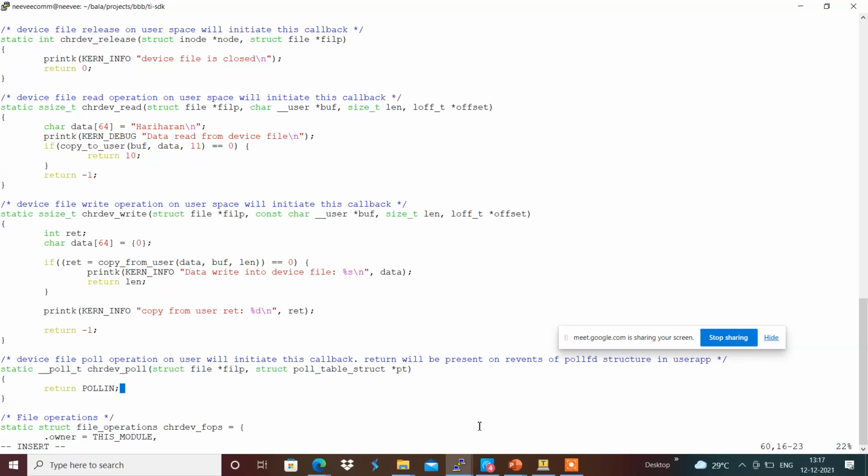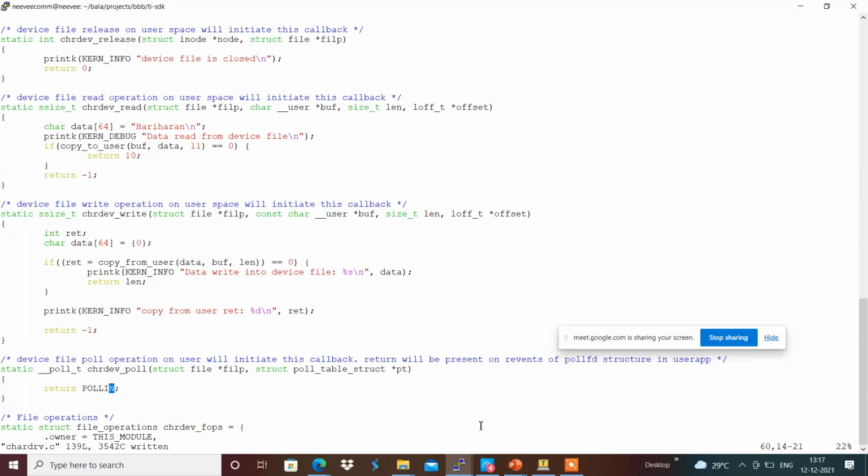Now we will see another system call, ioctl, which can be used to control and configure the device driver.